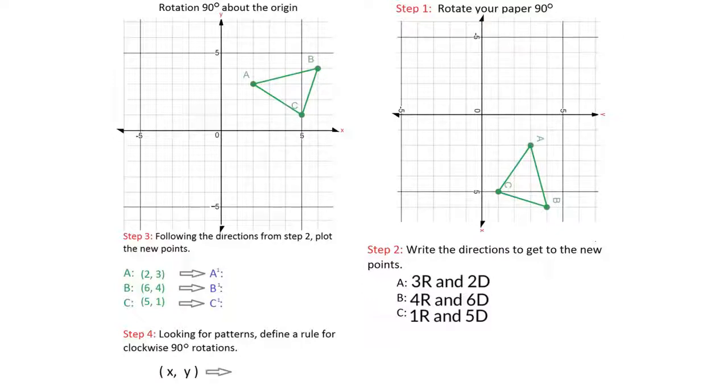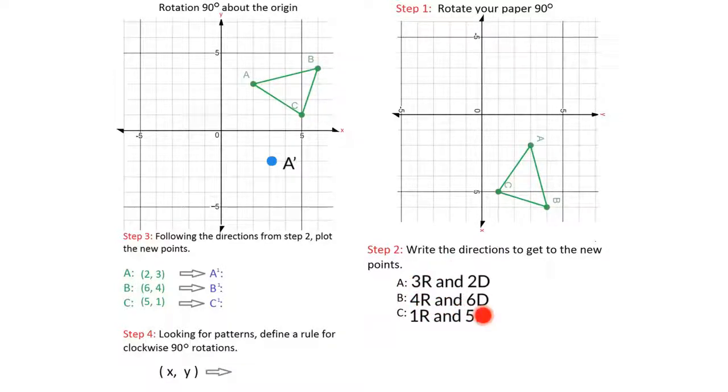So let's go ahead and plot it. 3 to the right and 2 down ends up here. And when we label it, we need to note that it's been rotated. So to do that, we're actually going to label it A prime so that we know this is the point after it's been rotated. Now we can move on to point B,